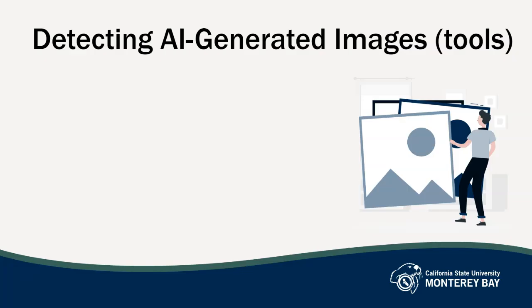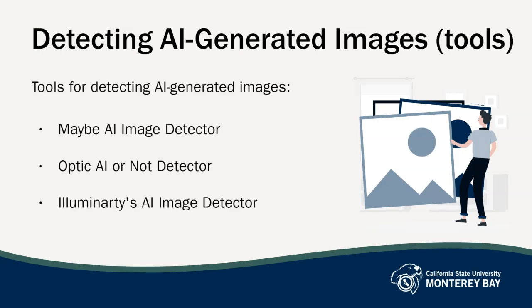So now let's talk about detecting AI-generated images with the different software tools that are available. Again, the better you are at detecting AI without relying on these tools, the better off you will be, but it's always good to have additional resources. The good news is that these tools are pretty straightforward to use in that you just upload the image in question and get a result pretty instantly. So I'm going to show you how one works just now. The links to each of these detectors are available just below this video in the lesson. And remember, these links may change as the technology changes very rapidly.